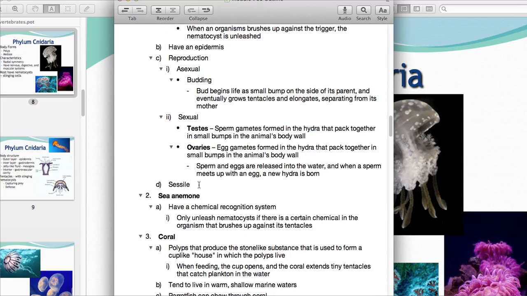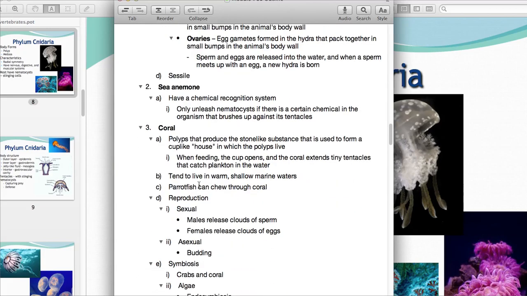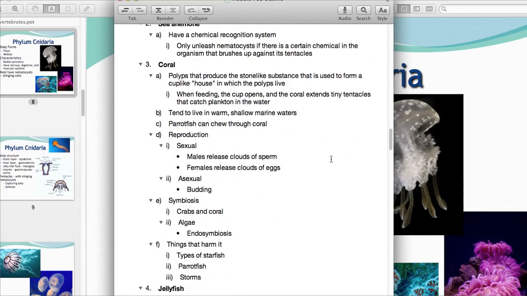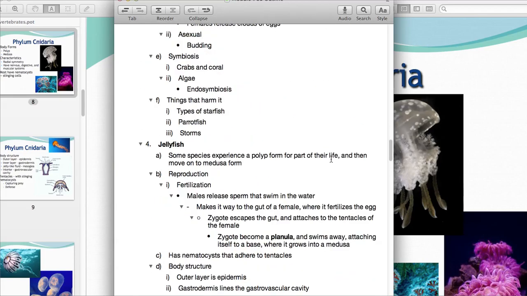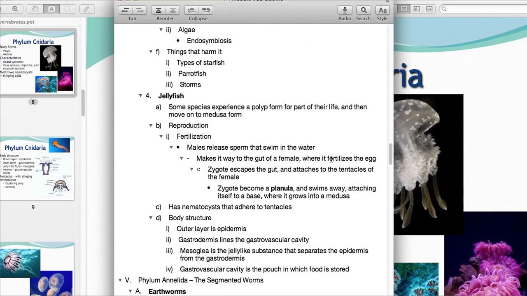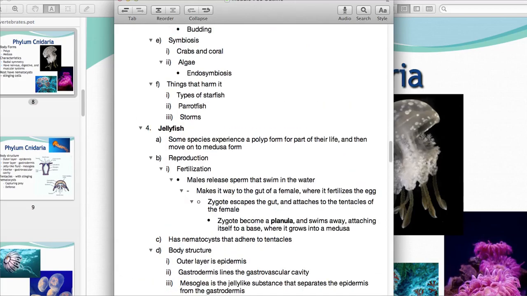I didn't study the Hydra too much, but if you do study the Hydra, it's basically a very small jellyfish that looks different, but it has tentacles and it's moving and it's microscopic, stuff like that. It's got its own wacky way of reproduction that I'm not going to get into. But we basically covered all this. So that is the video on Phylum Cnidaria of Kingdom